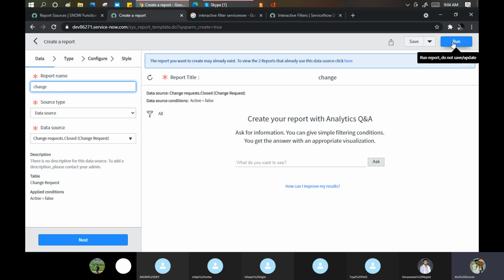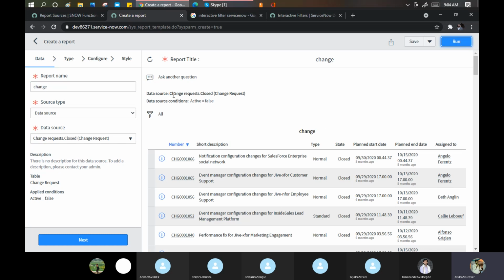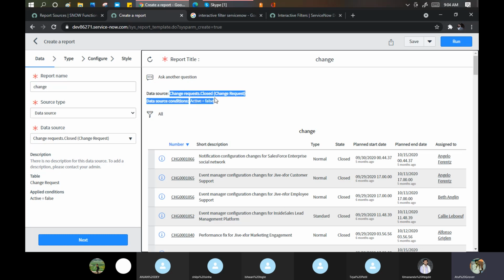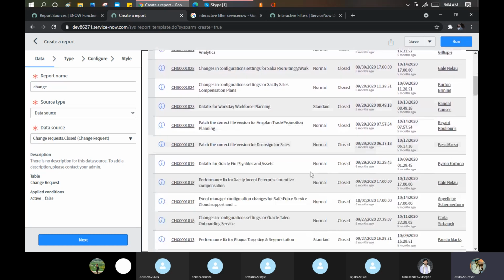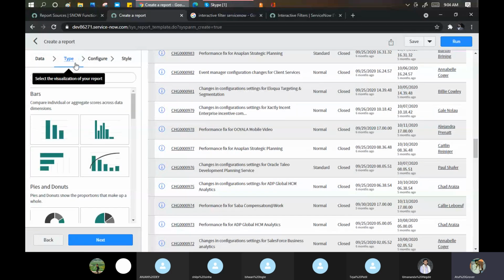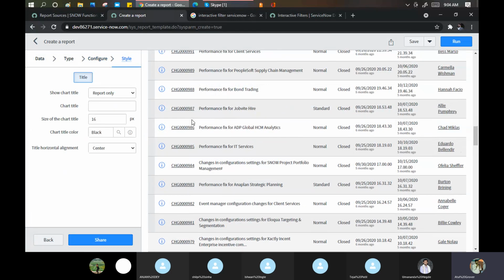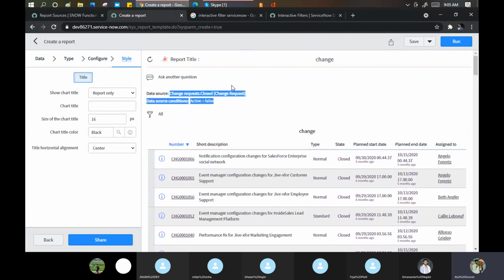Click on run. It runs automatically, picking up the condition automatically in the background. You can still define the types, configure it, and style it, but by using the data source, these conditions come automatically.